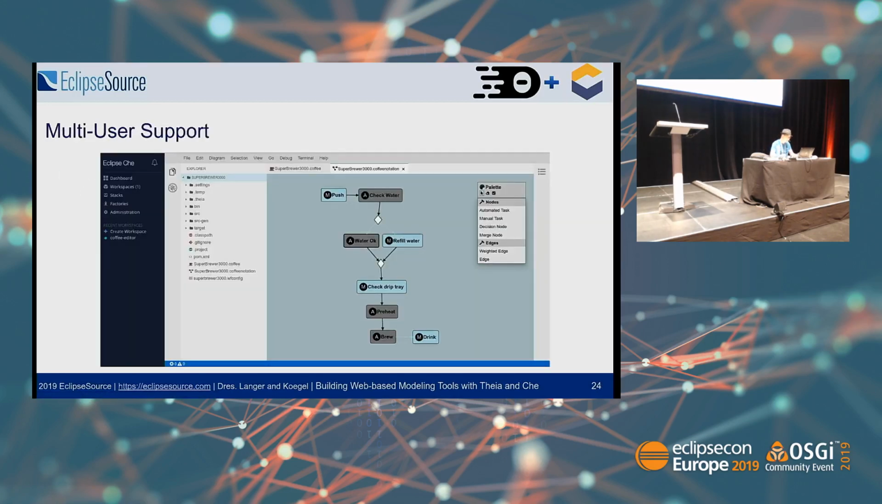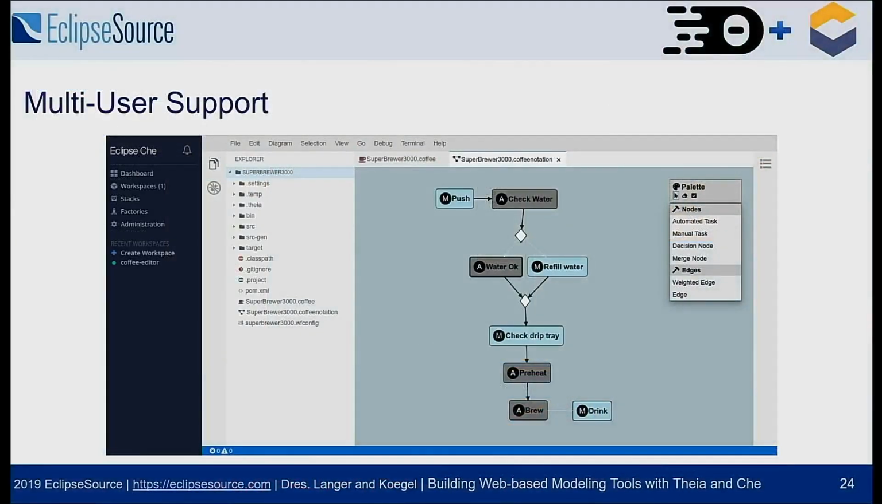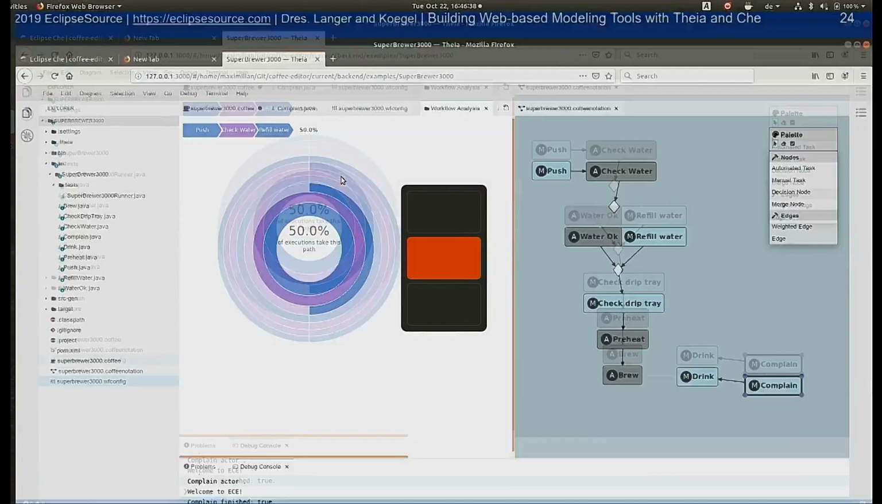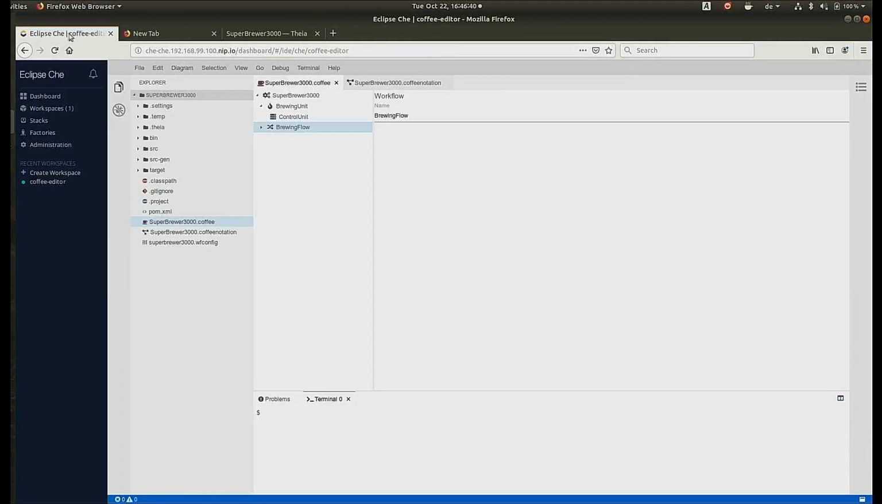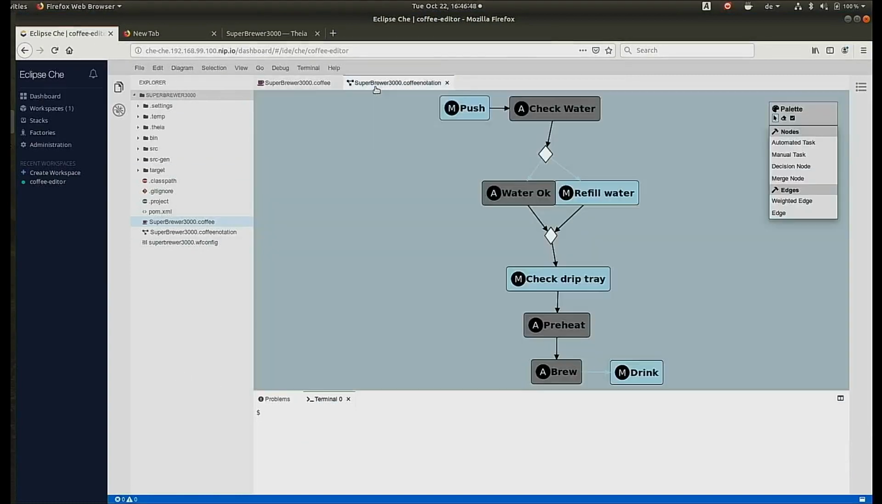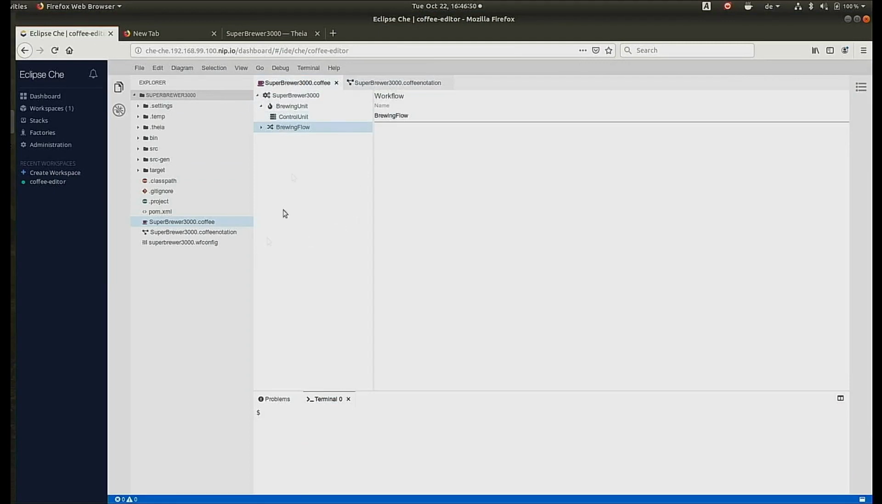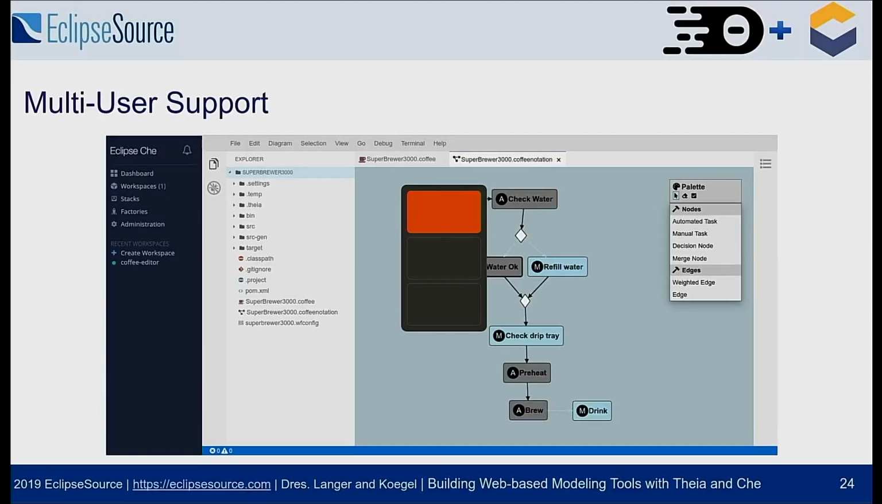Multi-user support. Now that you've created this modeling environment, maybe you want to share it with multiple users and they should have their own workspace. This is Eclipse Che. I would just very briefly dive into here. The only difference that you see now is we have the same modeling environment here with the graphical view and this form-based view, but now we also have workspaces based on Eclipse Che. So basically this now runs within Eclipse Che, and what it means I will explain at least a little bit